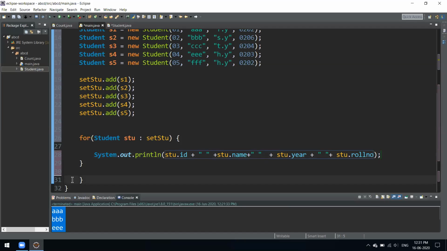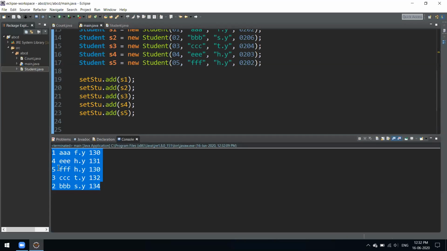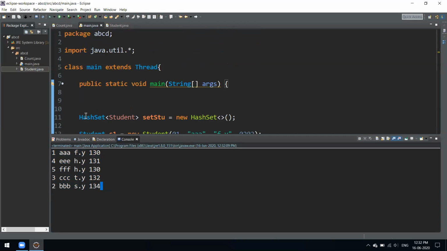Let's just try how we can iterate over that list of objects, that bunch of objects we have. Let's try running this code. See now, you can also notice over here that the data we are getting after iterating is not in ordered form. It is random. If we had a linked list or array list over here, let's try changing it into an array list, then the data would be in ordered form. Now if we run this code, see, now we are getting it in a very neat and ordered form, but that is not the case with a set.